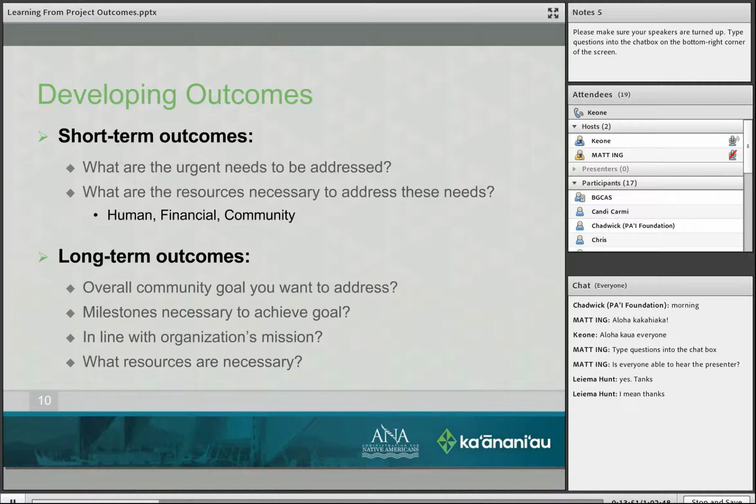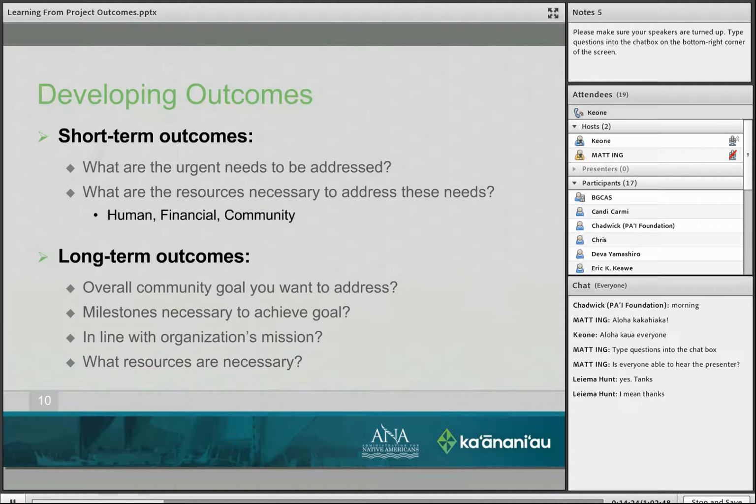The next is again long term outcomes, and the focus is slightly different. Okay. What are the overall community goals that you want to address? What community goal do you feel your organization can adequately address with the organization's mission? You have to look at some of the milestones necessary to achieve these goals.